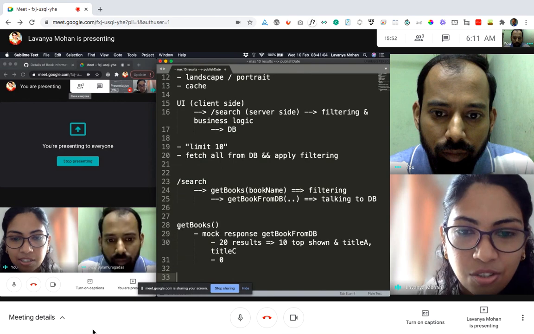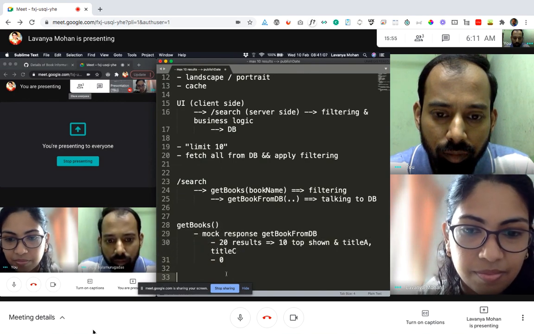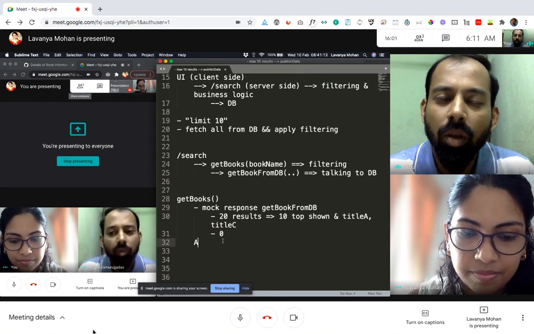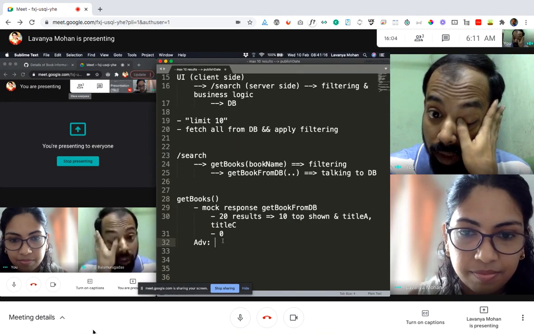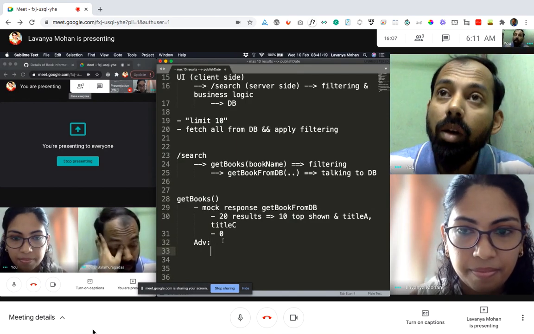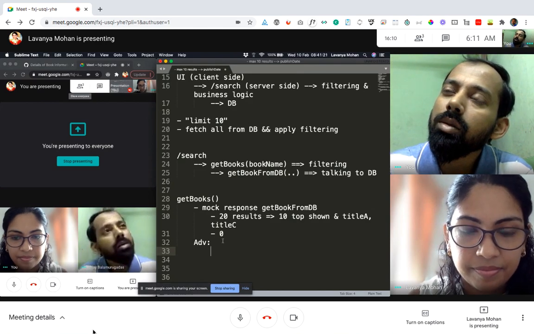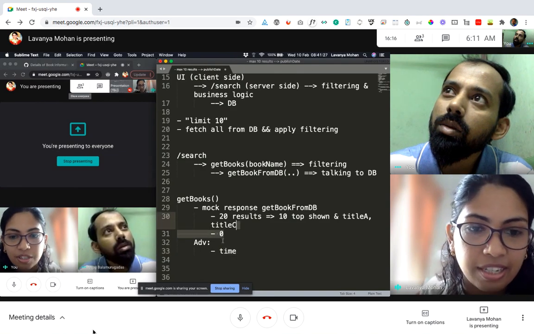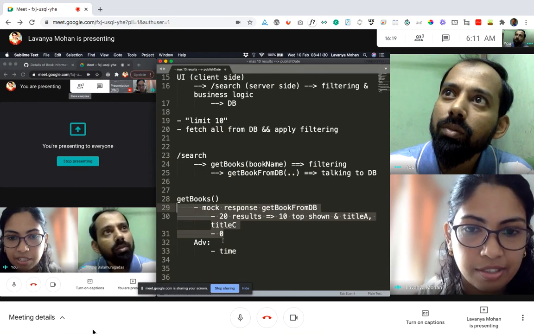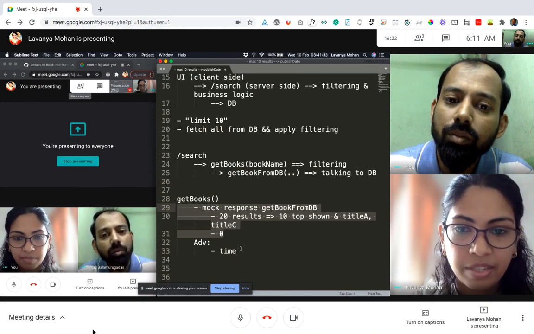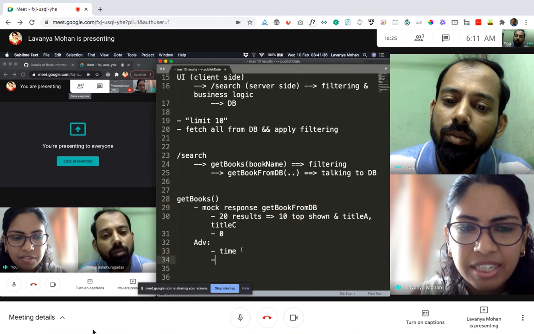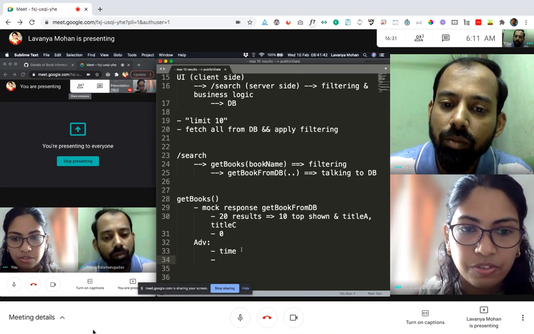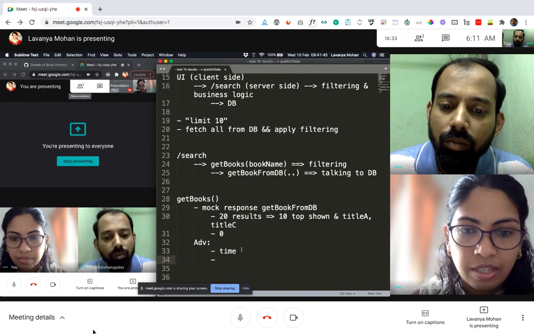Now, what is the advantage of doing it in this method? Time is a very important reason. Since it's not making an actual call to the database, this will definitely be faster since it's not actually reading from the database. So time is a very big factor. We also get a lot of flexibility. We could mock the response exactly how we want and test all those different scenarios. So flexibility is one thing.